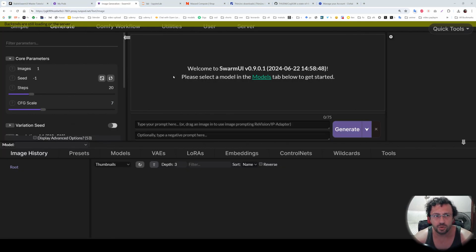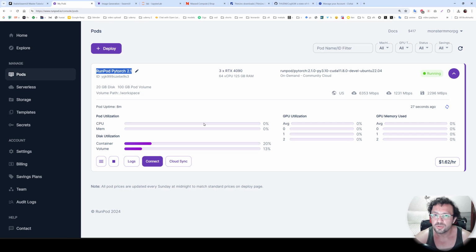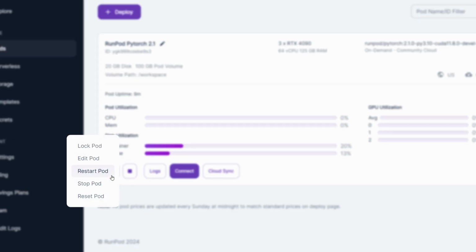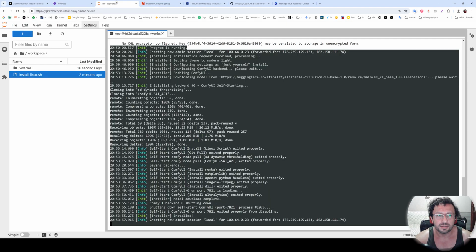So the installation on RunPod has been completed and SwarmUI started. However, you see backends are still loading on the server. Because when you install on RunPod the first time, it doesn't work directly. So we need to restart the pod one time. Go back to my pods, click here, more actions and restart pod. This is only necessary one time after the first installation. Then close this and go back to your JupyterLab, wait for the restart to be completed. When I click workspace, it will not work until the restart is completed. Let's just wait a little while, then it should work.